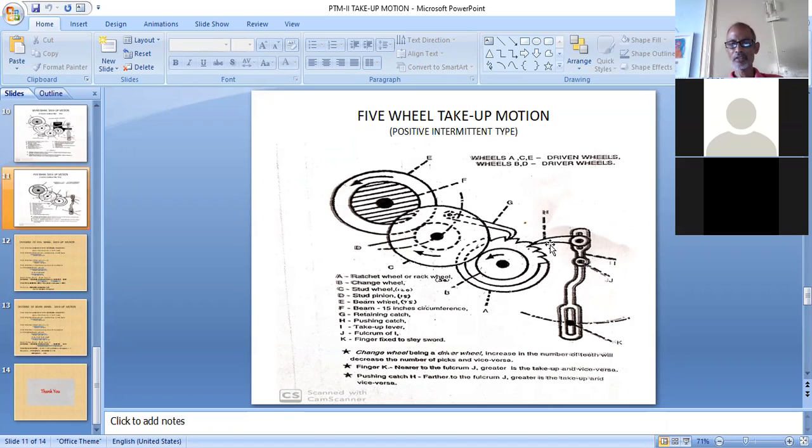And here the difference in this 5-wheel is, here we are having a pushing pawl. In that case, we were having a pulling pawl. So you can see the shape also. When it moves backward, to this side, then it was transmitting movement. Here, when it moves forward, it will transmit motion by pushing it. And this is the last minute.